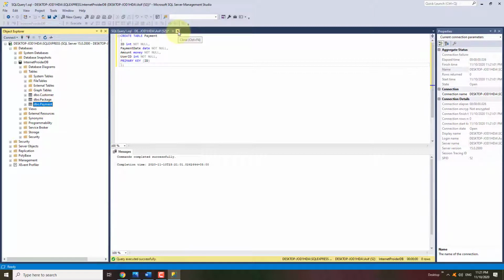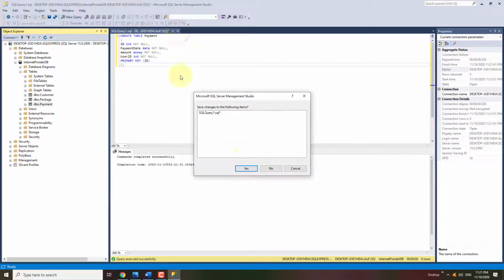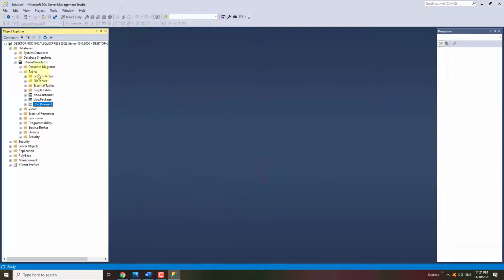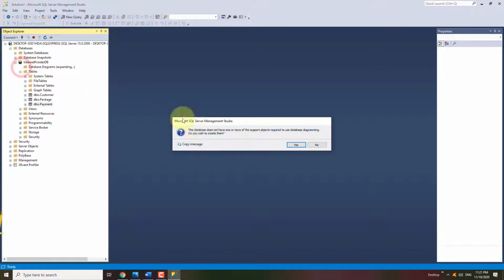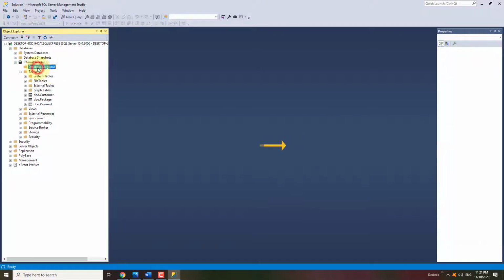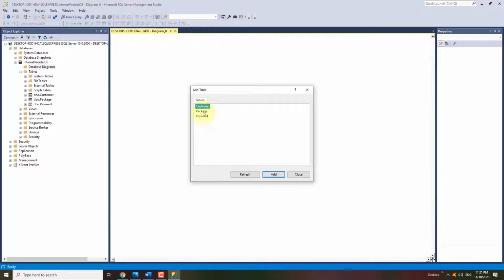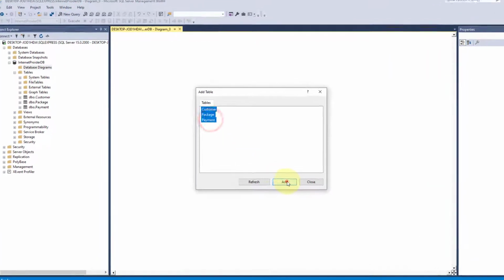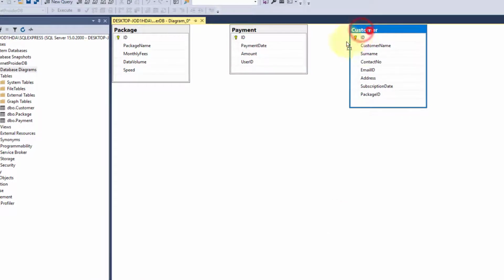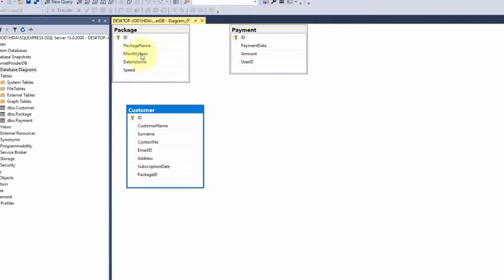Now let's create the relationships model using SQL Server. Expand the database diagram folder. Install any missing modules by clicking on the yes option. Arrange the tables by dragging the tables to the appropriate positions.